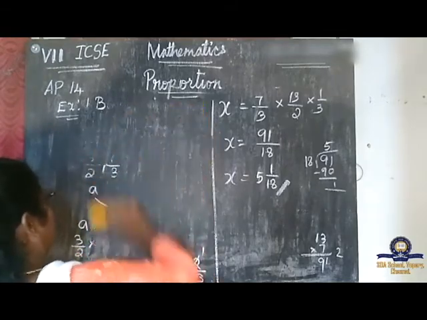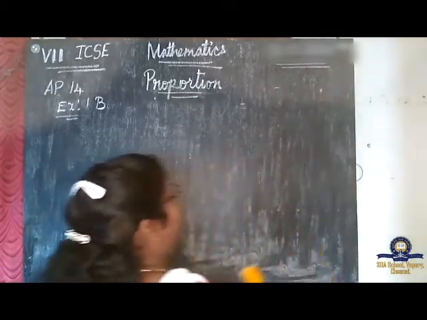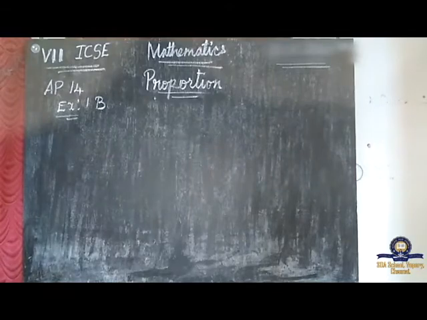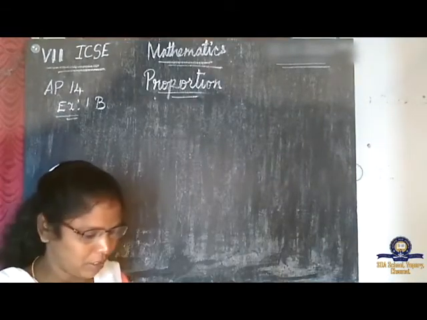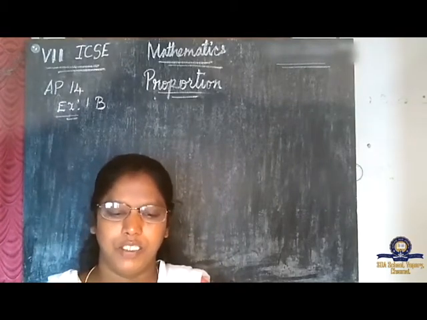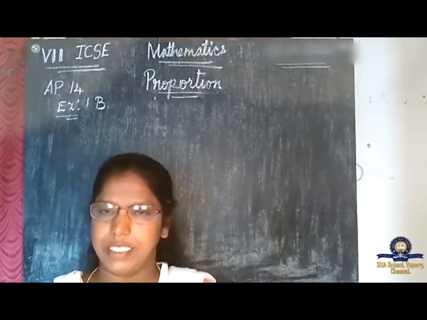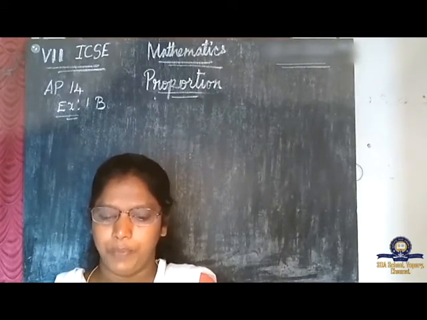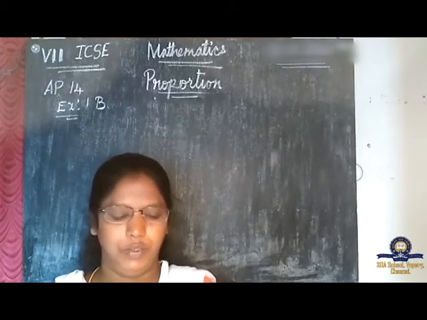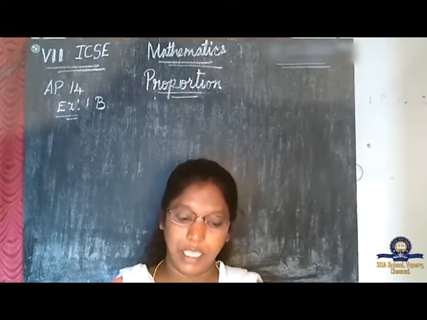Third question. What is third question? Let me read the question now. Third one, okay, I'm going to read. Take page number AP15, next page, first, third one. Find the quantity to which 40 minutes bears the same ratio as rupees 3.60 bears to rupees 5.40.